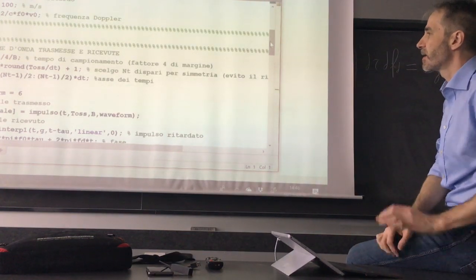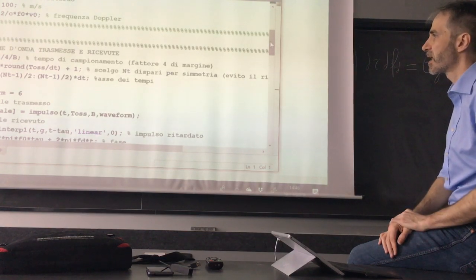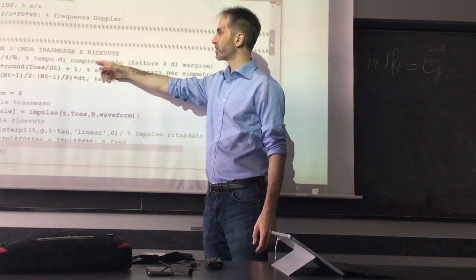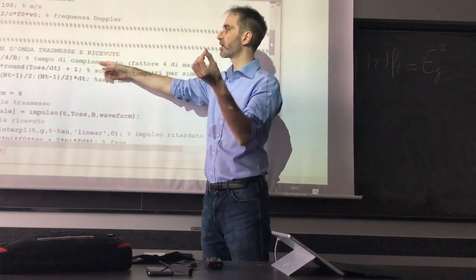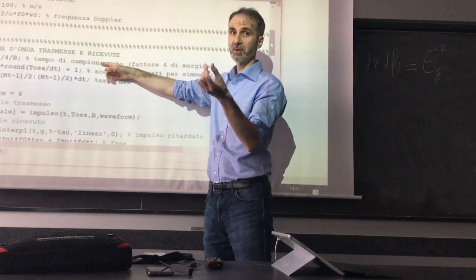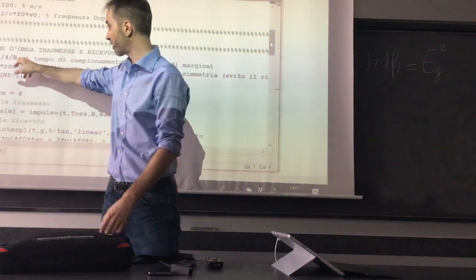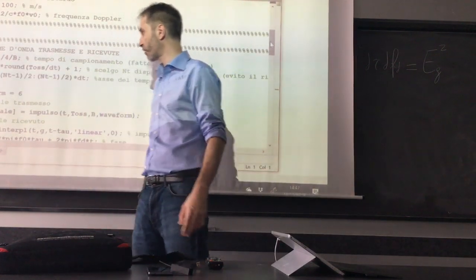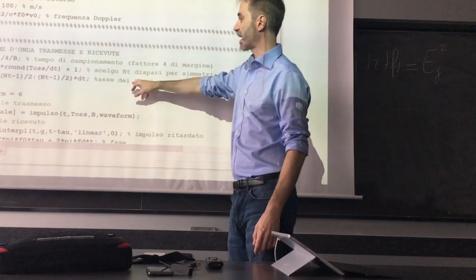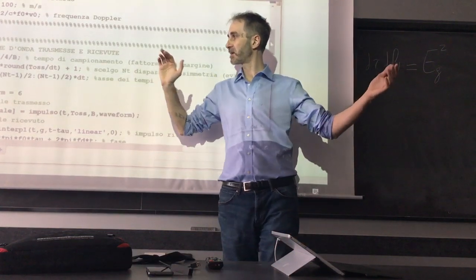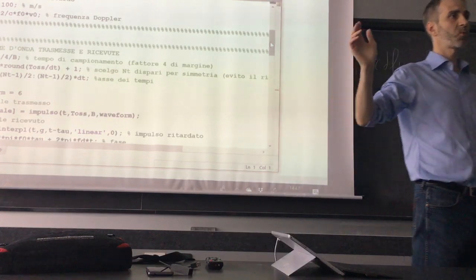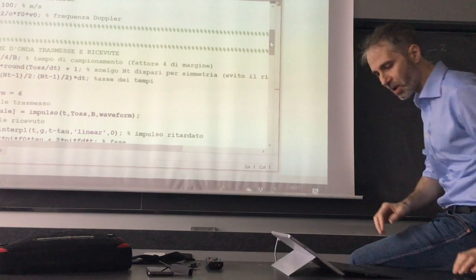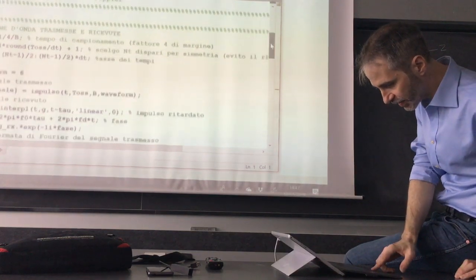This is just the way I am setting the time axis. This is the sampling interval of the simulation in time. Of course, I am assuming to treat a signal whose bandwidth is B, so to ensure some margin, I take a fourth of this value. And this is the time axis. I take it symmetrical with respect to zero. And this is all you need to know about this simulation, because the rest is just